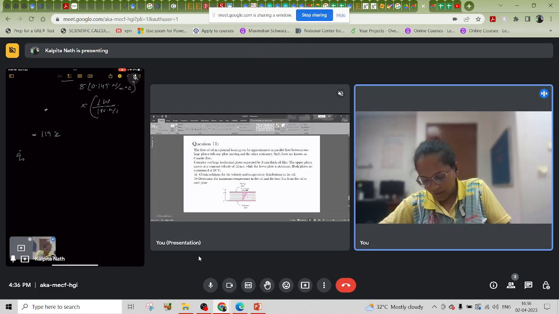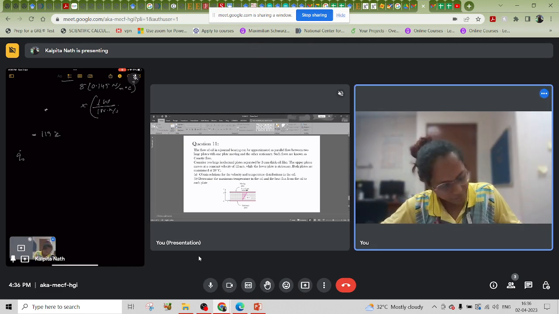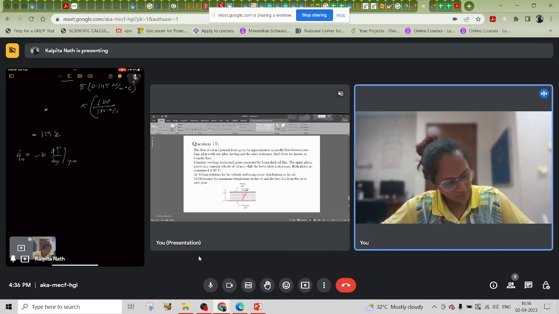Okay, now let us solve for the heat flux. The heat flux q naught is equal to minus k dT/dy at y equal to 0. Minus k dT/dy we already found out. This will be mu v square by 2kL into (1 minus 0). At y equal to 0, we put 1 minus 0. So this will be minus mu